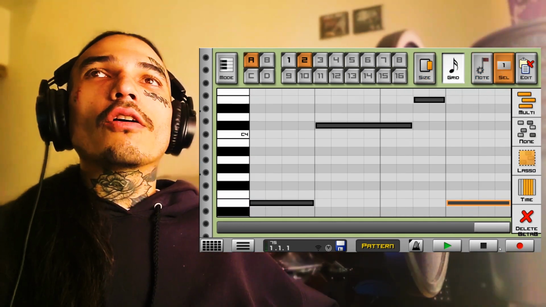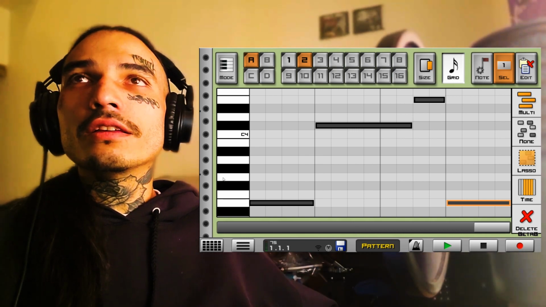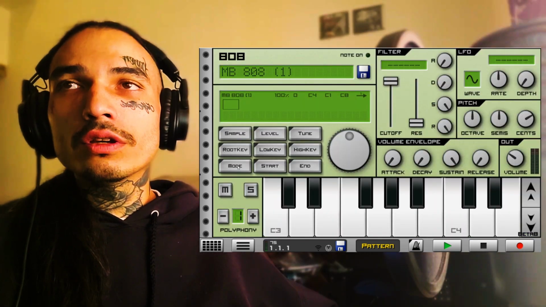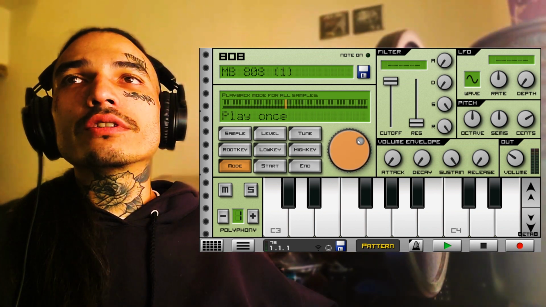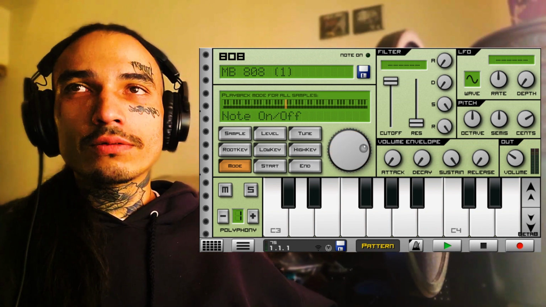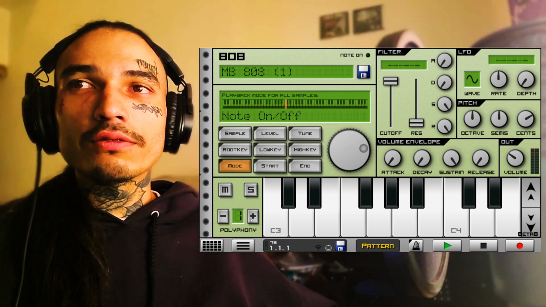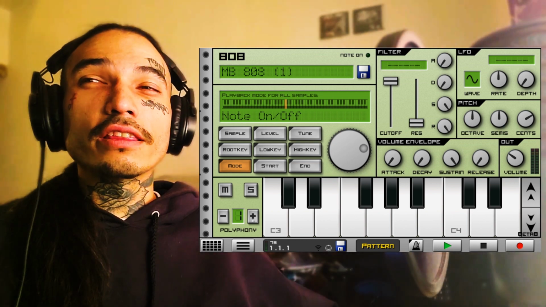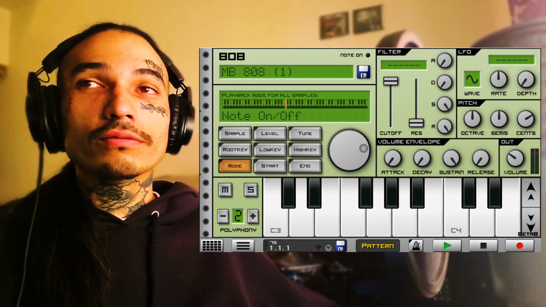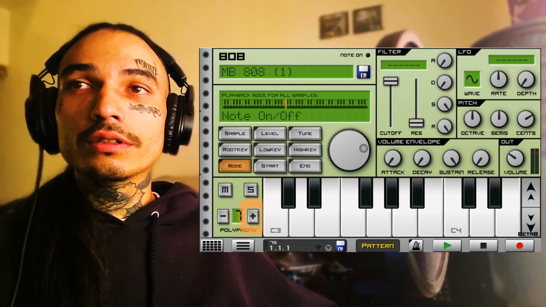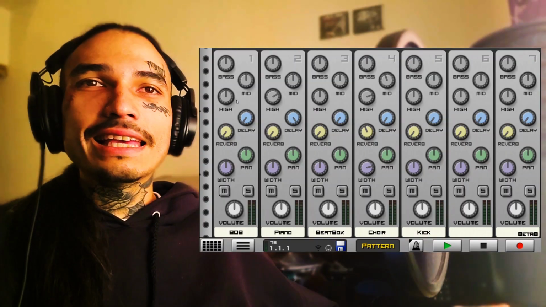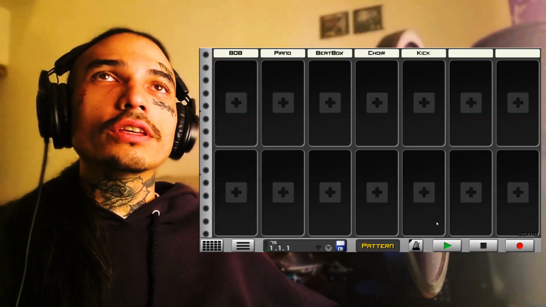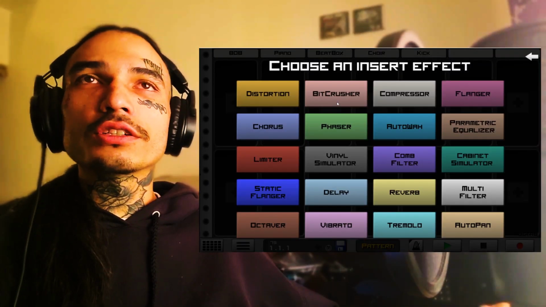Alright, now that we got all the notes extended, gonna go up here to mode. We're gonna press and hold on that, and we're gonna change this dial over until it hits note on off. And then we're gonna change this polyphony, I think it is, anywhere past 1. Doesn't matter. Now, what I'm gonna do with the kick is go into the filter section, click the